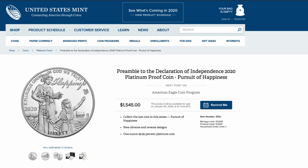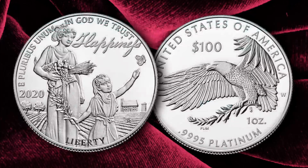Let me give you a closer look at the coin so you can see it with the beautiful velvet background we put together for you. The obverse depicts Lady Liberty harvesting the fruits of her labor with a young girl at play nearby. The overflowing cornucopia she carries is a symbol of the physical, intellectual, and spiritual bounty only liberty makes possible, the good things that nourish the body, enliven the mind, and satisfy the soul. All this is coming from the US Mint website. The home, orchard, and silo represent American hopes, values, and aspirations, and bring to a close